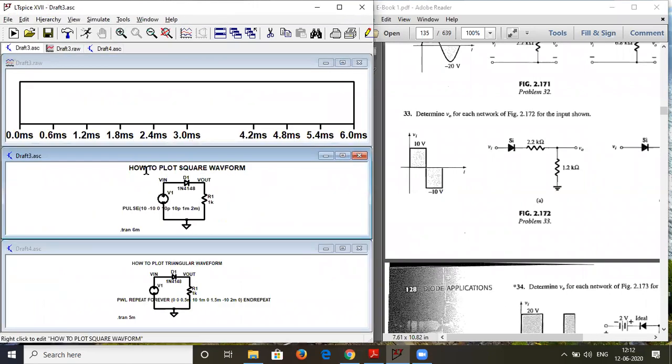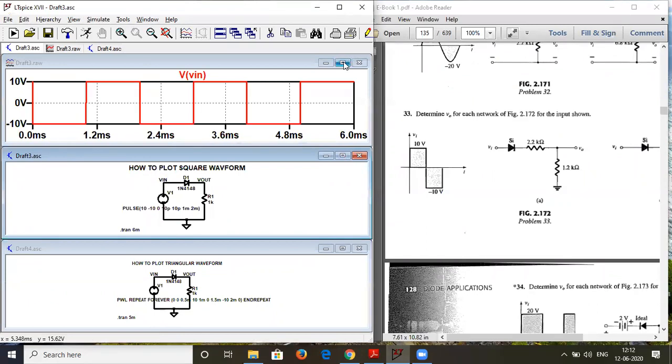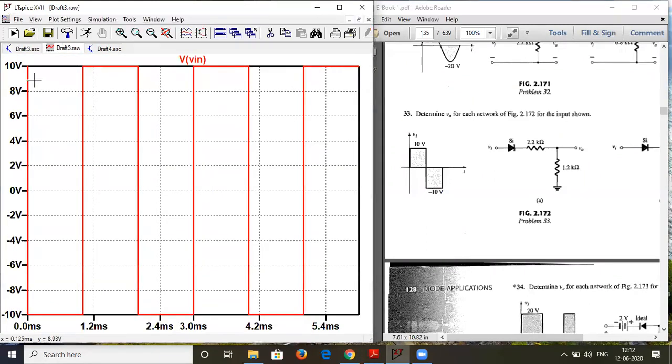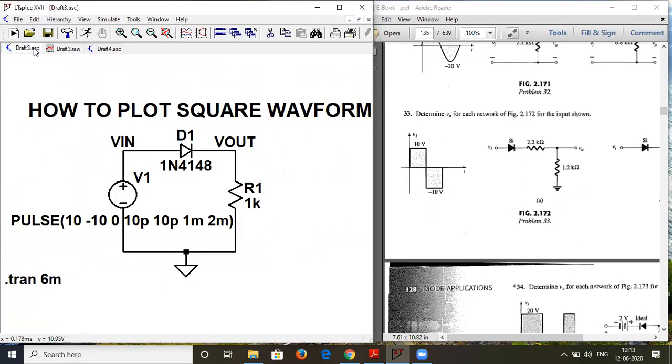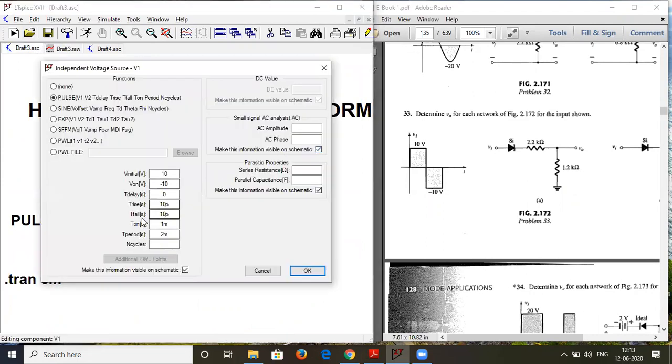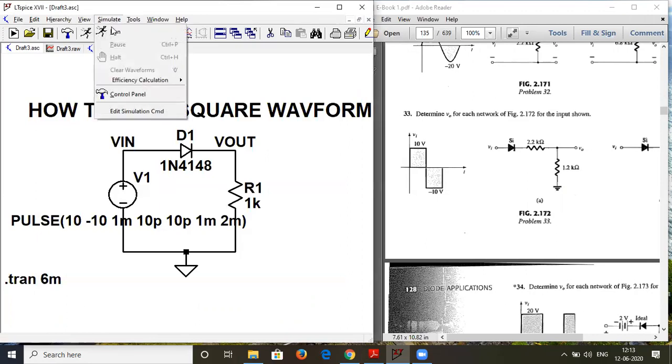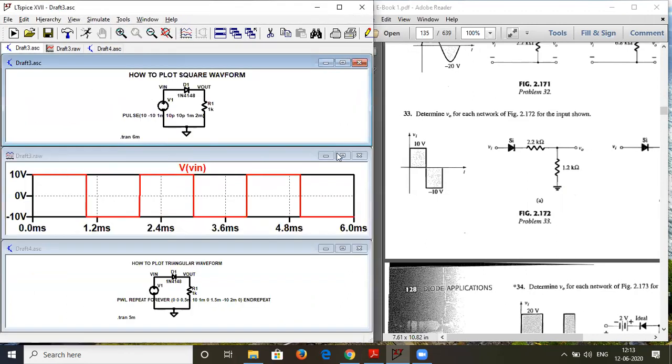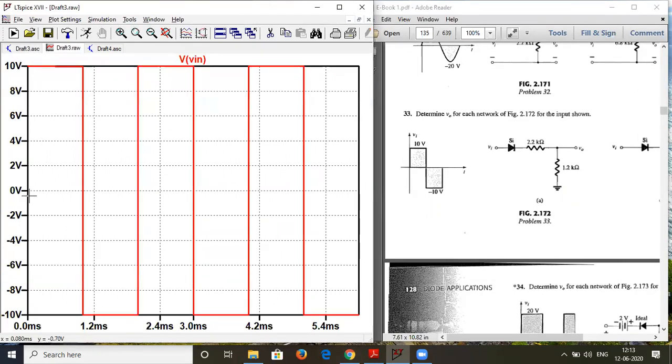So this is my pulse waveform, and I'll plot that. See, it's absolutely perfect. It actually should start from 0. I think there is a little bit of delay over here. I think it should start from 0. So what I will do is I'll put a delay of 1 millisecond over here. Let us try that, and I'll start. Yeah, so perfectly. It's starting from 0 and it's going up till here.